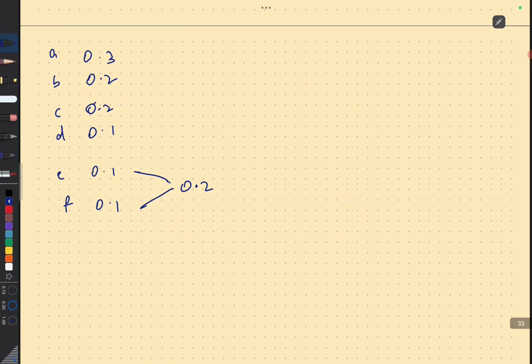So first I combine E and F, the two least probability symbols, to give me a super symbol EF